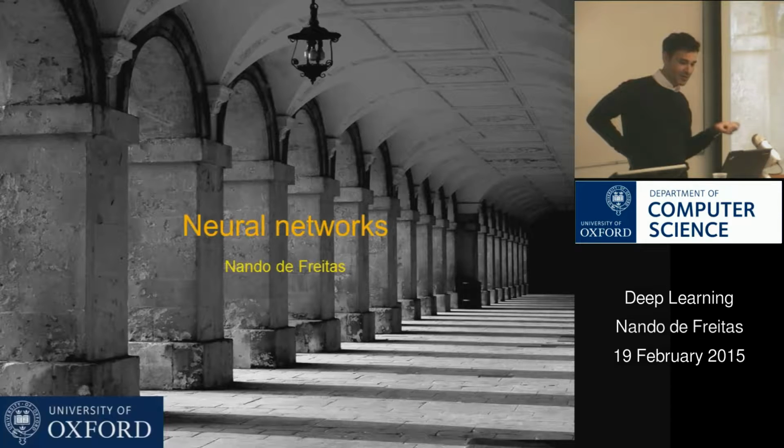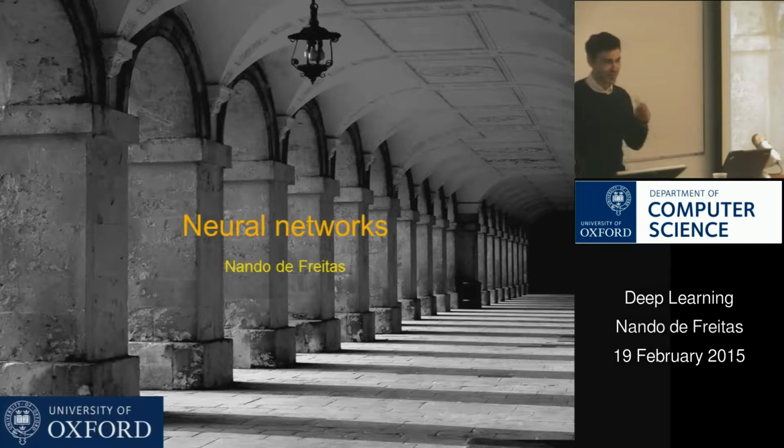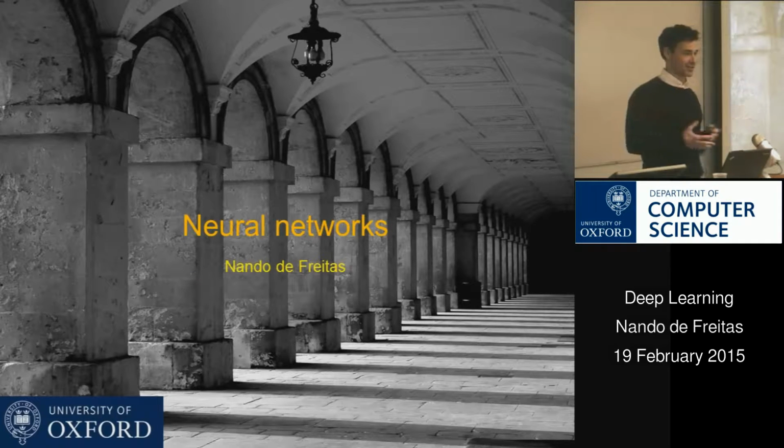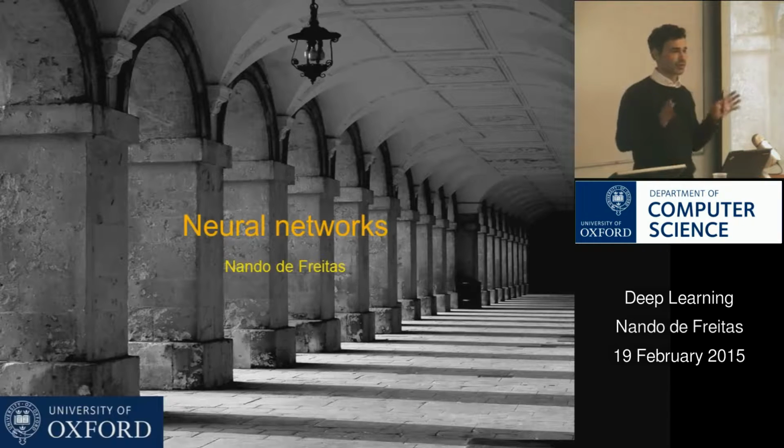I will, however, start with the old view, because I think the old view is useful. I'm going to first take you through essentially neural networks circa the 90s and up to 8 years ago, where people were using very simple neural networks which were not much more complex than the logistic model that we saw. They just had one extra layer.